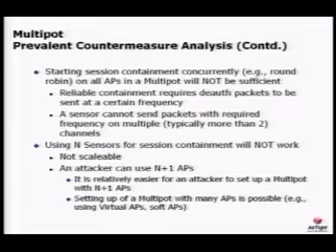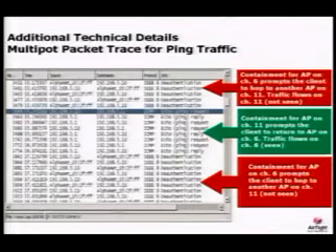And similarly, using multiple sensors, say N sensors, for blocking multipod is also not a good idea. For one, it is not scalable, and the second reason being, it is relatively easy for an attacker to set up N+1 APs in the multipod and beat the countermeasure. So what we are presenting now are some packet traces based on our experiments which validate our understanding of a multipod. This particular packet trace was collected with a multipod with 2 APs, one AP on channel 6 and another AP on channel 11, and the client used was a Centrino client.